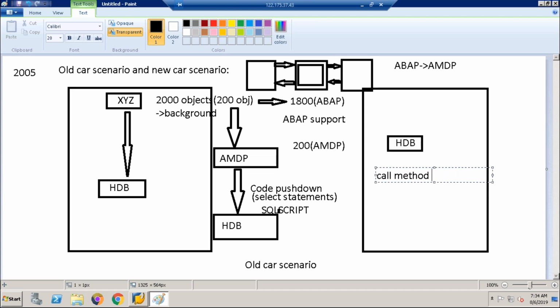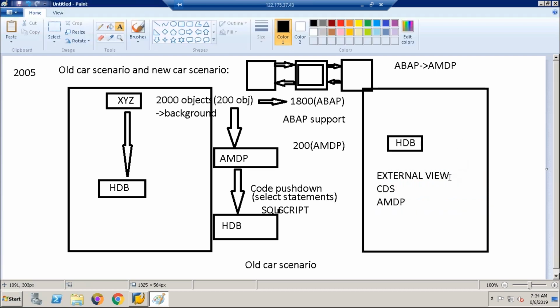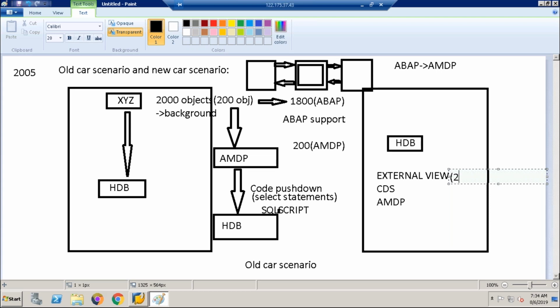Sir, in the company all are talking about AMDP and CDS views. Then what is the difference? Why do we need two things, AMDP and CDS? That I will discuss, yes, because it's too early. CDS is an old approach. Actually, we have three concepts: external views, CDS, then AMDP. External view is completely outdated. This is from the olden days, guys, when HANA came in 2010, 2011, we used to work with it. It's an old approach. It's a simple view, external view, but it's not sufficient.